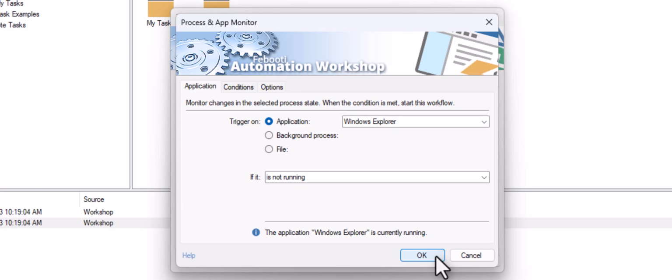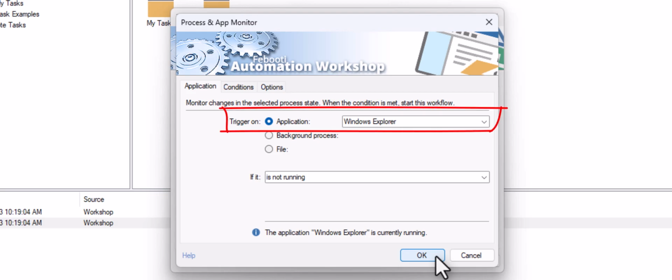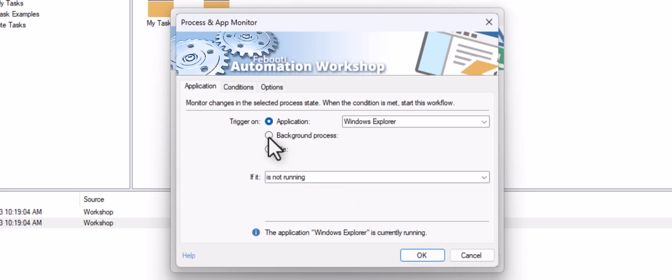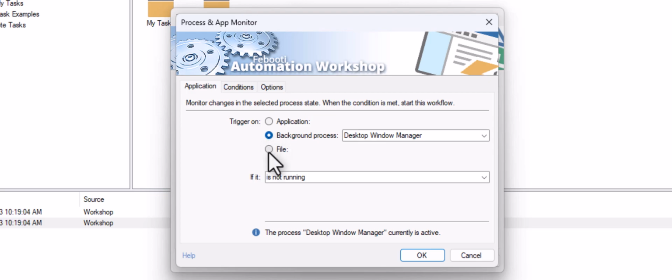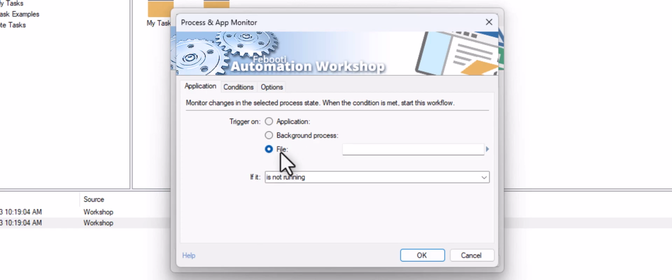There are multiple ways you can select a program. First, you can choose an app from the Applications category. These are computer programs that are currently running and visible on your desktop. Second, there are background processes. These are programs that usually don't have a user interface and run in the background. The third option allows you to browse for an executable file or just type a program name with or without a path to it.